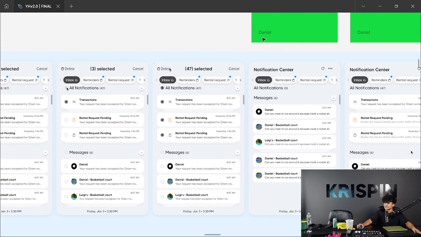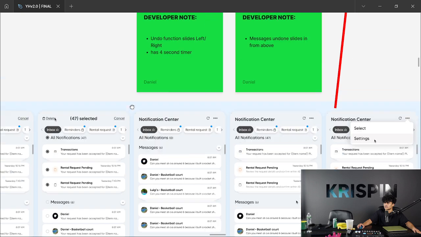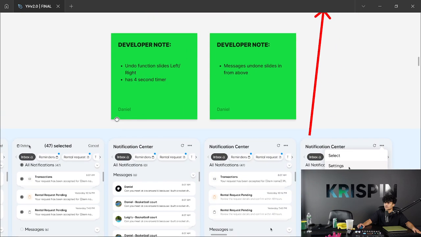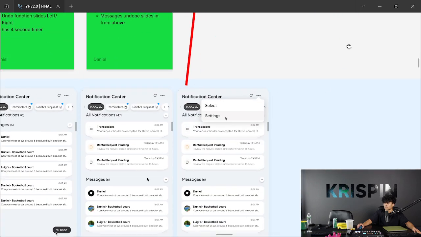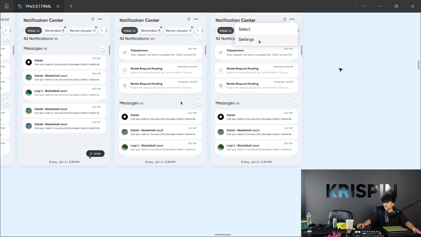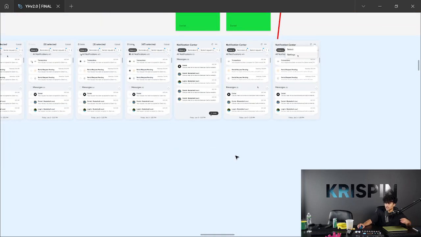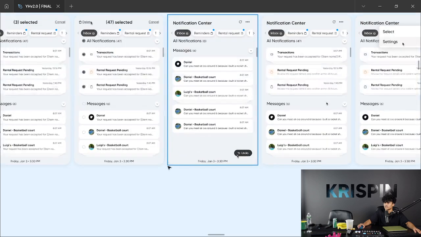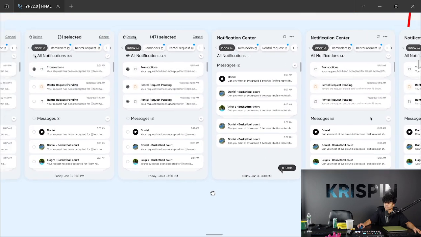Delete. Interesting. Undo functions. All right, this is kind of confusing. I don't really understand what's going on here. I believe he made it so that you can delete the notifications, which I don't think is useful, because the reason